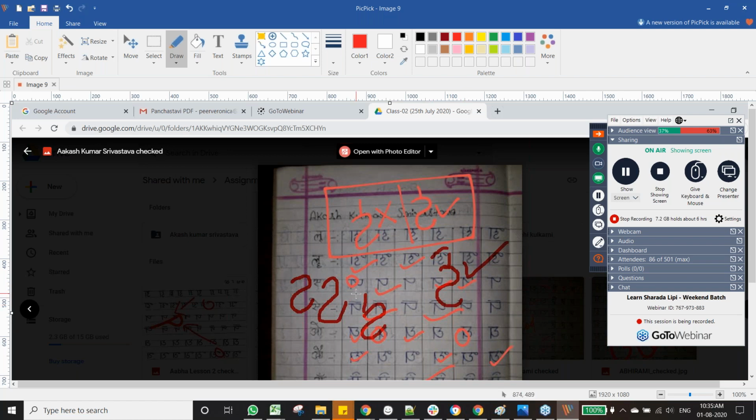And one more point here. See this A you see here. What you have done, Akashji, here is you have stopped it right here. You have not tried to join this loop to the vertical stroke here. This which I have marked here, this way it is wrong.